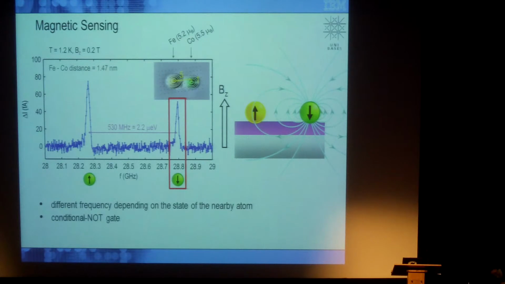atom. And this is just for playing, this is something that for qubits would be really nice, because this is already sort of a conventional conditional NOT gate. You can operate on the iron atom with the condition that your cobalt atom has to be in a certain state. Of course, for this, there's still a lot of development that has to be done. For example, you need longer T2 to actually be able to do operations. And you also need pulse ESR, but it's just a way of looking at what could be done